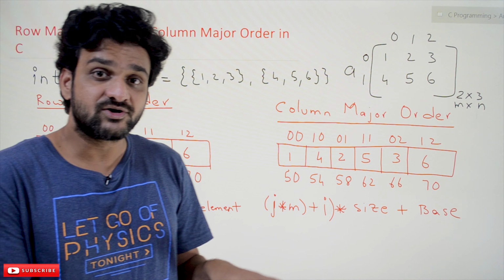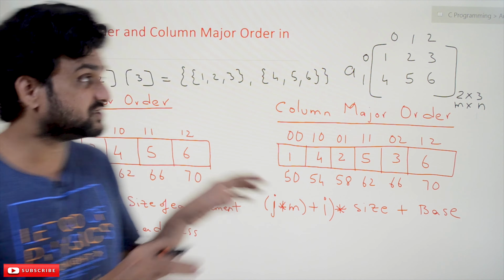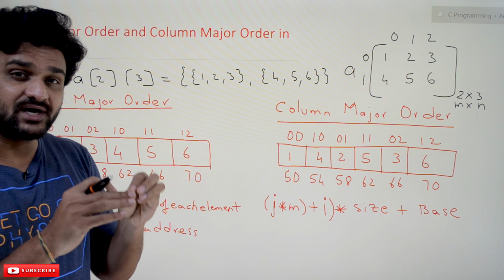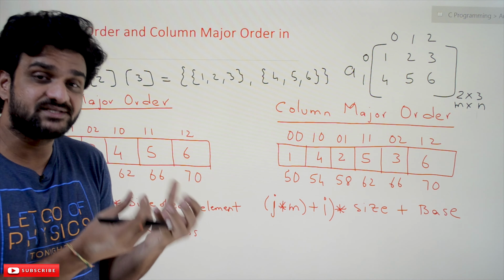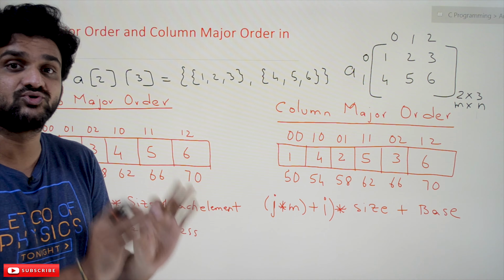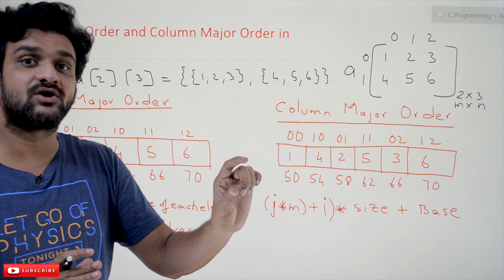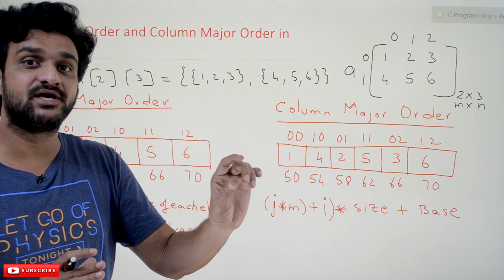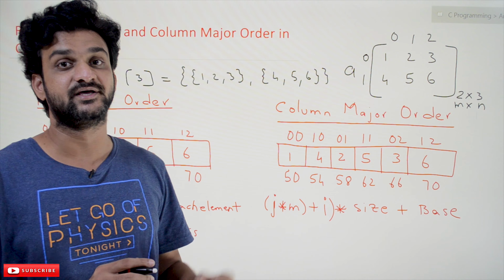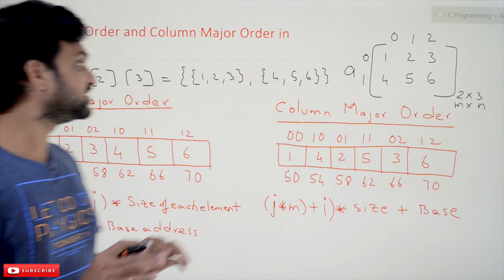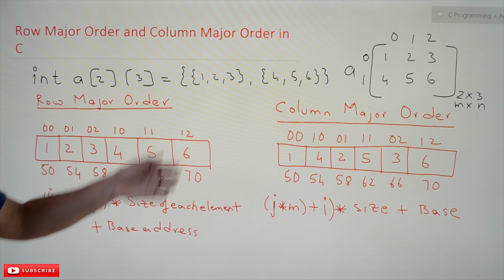In this video we will try to understand the concept of row measure order and column measure order. We will try to discuss this concept very slowly so that you can have a better understanding of the concept. And if you didn't get the concept in one single watch, please watch this video as many times as possible until you get clarity. The understanding of this concept is very important. Let's try to understand row measure order and column measure order.